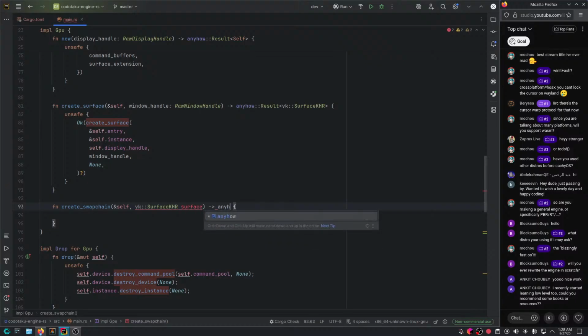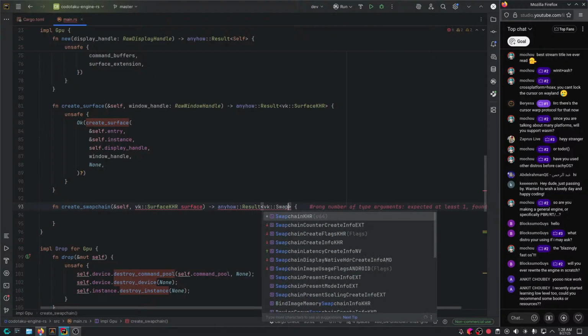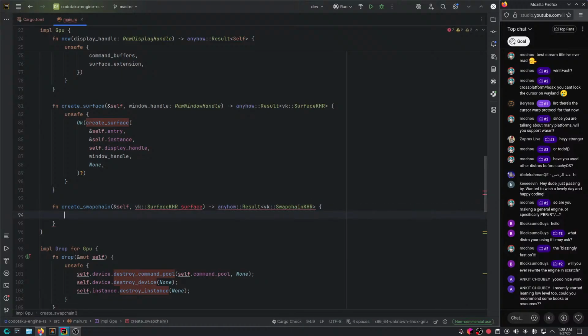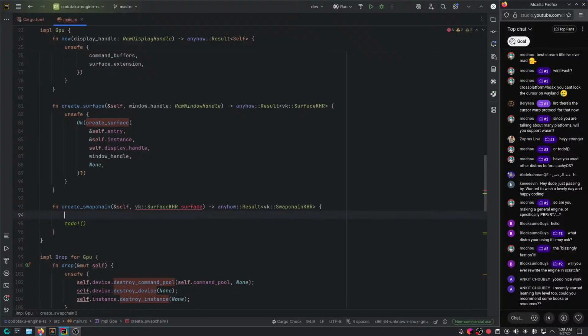And this again would give us anyhow result vk swap chain KHR. And this would be, well, surface. Now let's see how we're gonna do this.